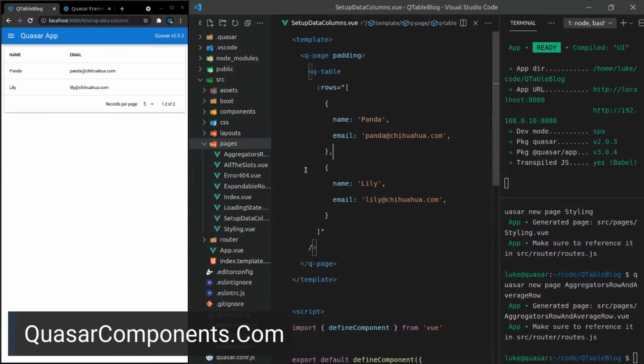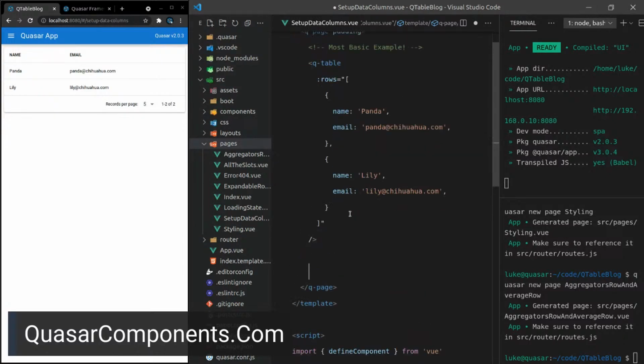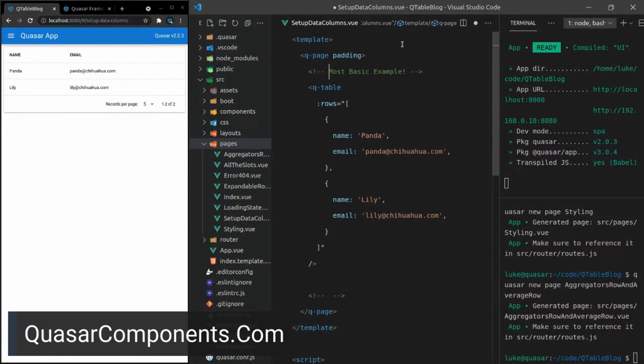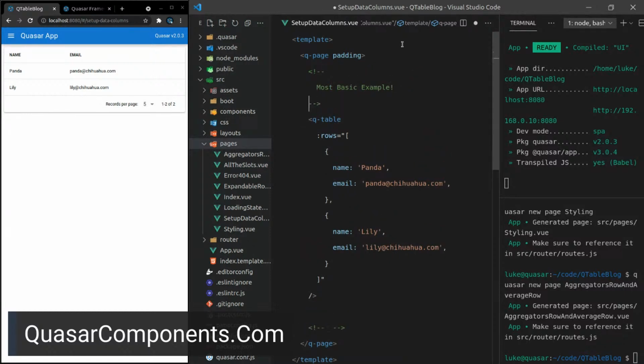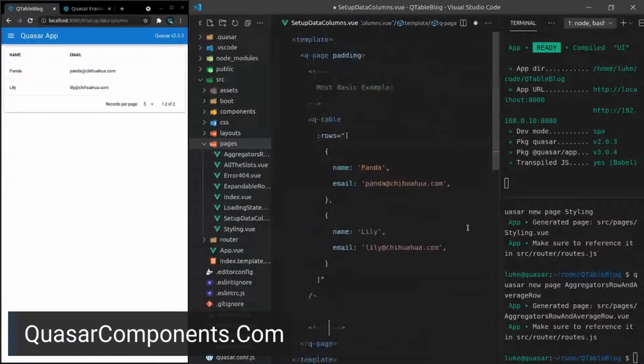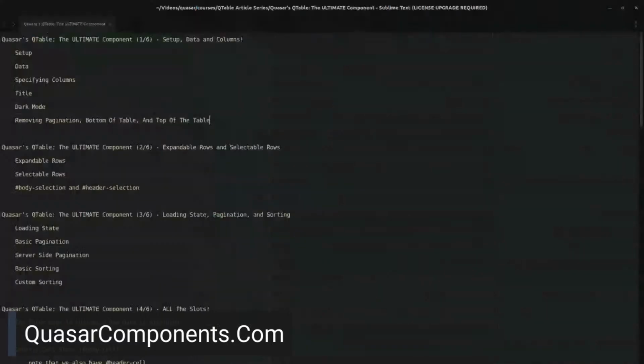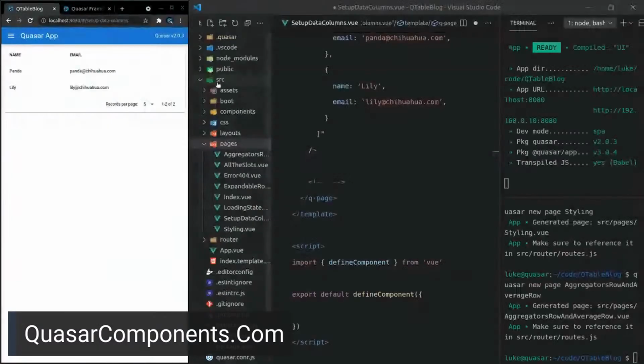Drink some more soju. And so I might add a comment up here saying like basic, most basic example. And what are we going to do next? After we've got a basic example, and let's comment this out nicely so it's easier for whoever's watching this to see. Let me just turn the heater off. It's getting hot in here. So that's the most basic example. We also want, let me scroll to the top and look at my notes up here. So we show data, and then we'll show specifying columns.